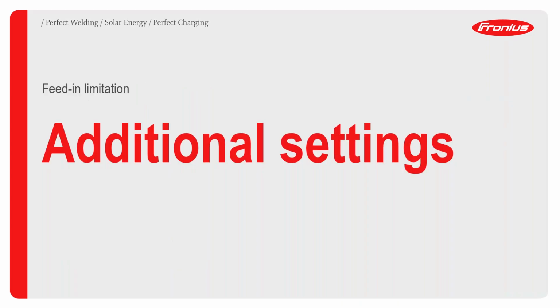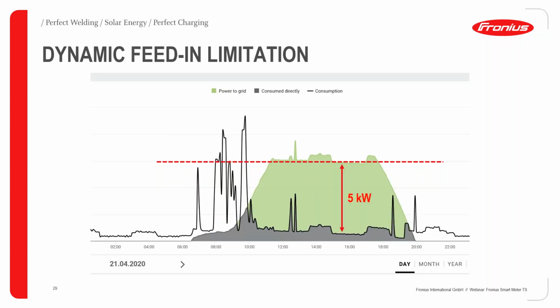Okay, now to the last topic for this webinar. It's about the additional settings which can be done, for example, the feed-in limitation. Here we have pictured the data from Fronius SolarWeb of a system which has currently activated this dynamic feed-in limitation. For example, in our neighbor country, Germany, they have a